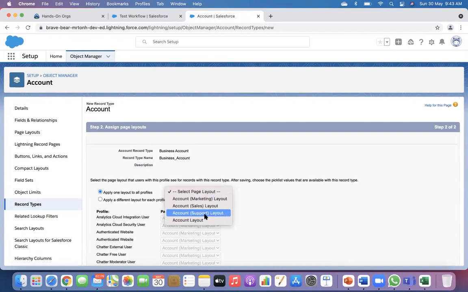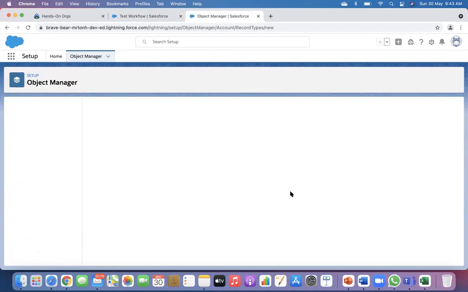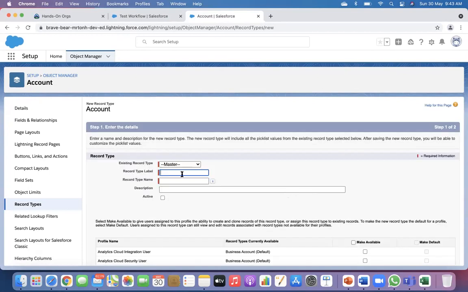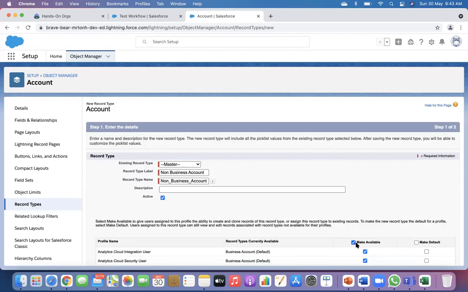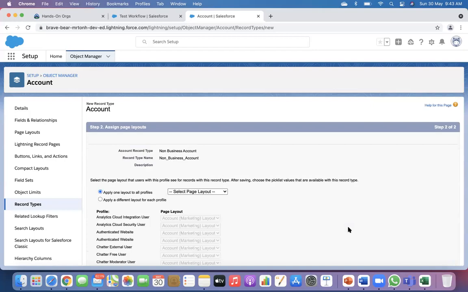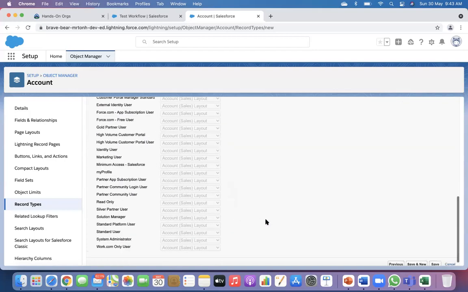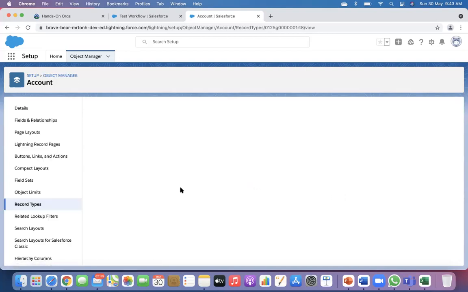Okay, maybe the current layout, and probably I will create a non-business account. I forgot to mark this as active. I might take sales as the default layout for that. So I created two record types,